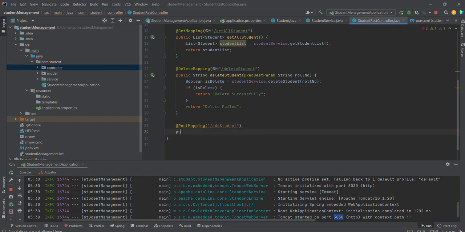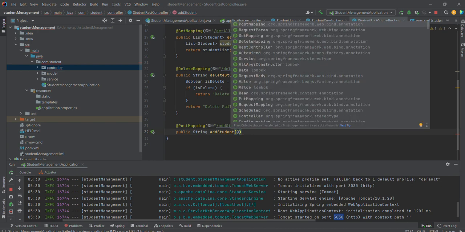Now let me add the method, and let's return some string here. If the student is added, we will send a message like student added successfully. Now in this case, to get a single variable, we pass that variable as a part of the request param. Now we need a complete object of the student. Then from where do we pass it here? We need to pass this object from the request body. So to get that object from the request body, we need to use the